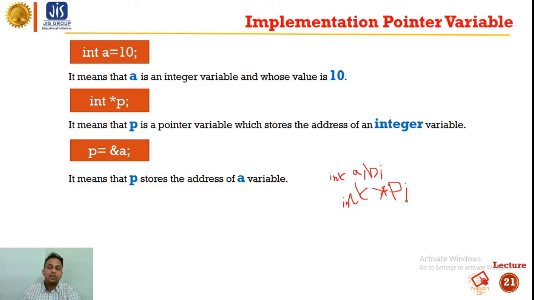We just know that p can store the address of an integer variable, but there are two variables, a and b. So it is important to define whose address will be stored in p. That is why this line is very much important: p = &a. It means that p stores the address of variable a.